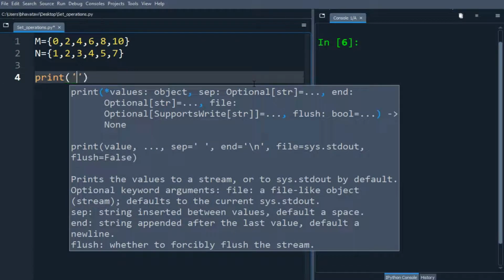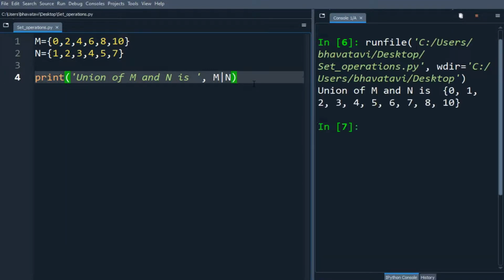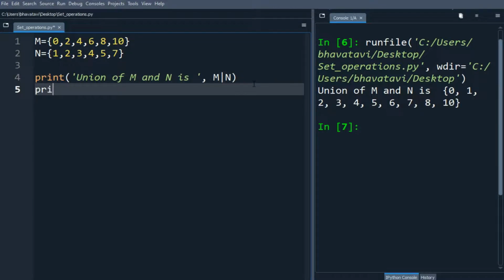Okay, set union of M and N is, so we'll just put M pipe N. So you can see here the union. So let's print the intersection